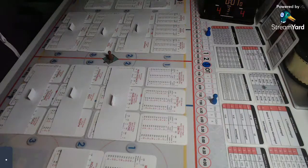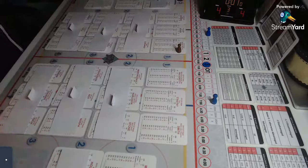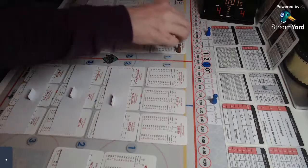7 on the +1 is going to go to the advantaged right wing, who is Radulov. Radulov with a 62 is going to be a 9. That's going to be blocked, and 4 on a block is going to be the disadvantaged player in this case, which is going to be Shea Theodore. So Theodore blocks the shot, and the puck is a 10, and that is going to deflect out to the left defender,